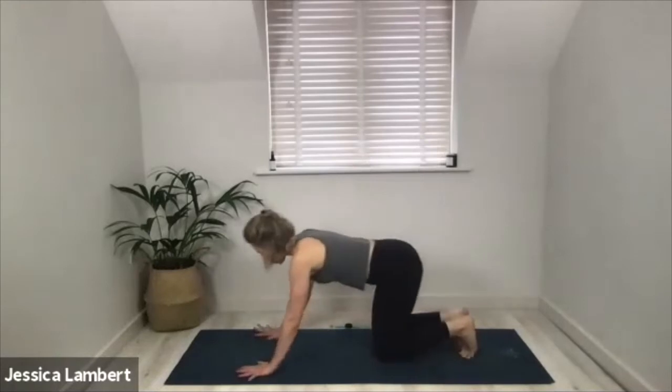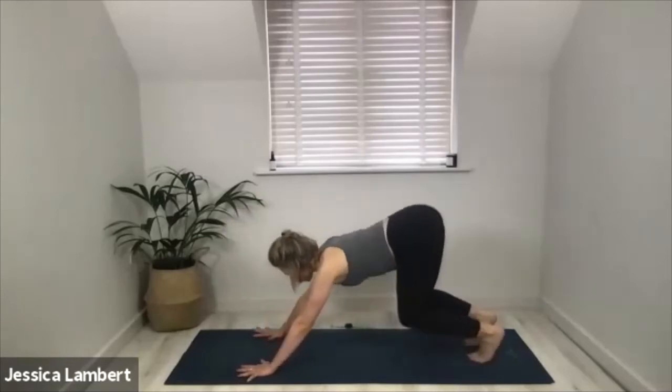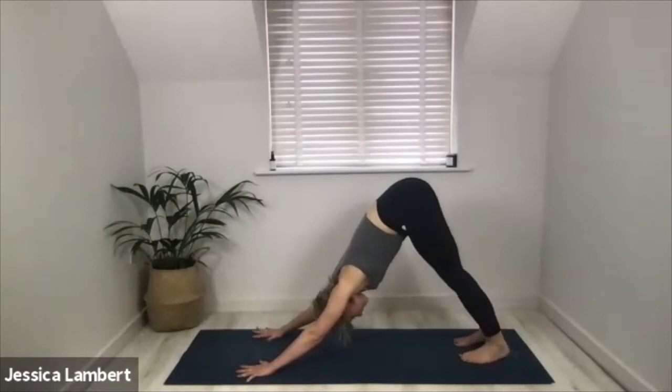And then slowly come forwards, hands down. Release the toes, pat them to the floor if you like. Just shake the toes around. And then we go back into downward facing dog. So long stretch. Lifting the hips up, encouraging the heels down. Don't have to touch the floor, but just this constant trying to stretch into the Achilles, the backs of the